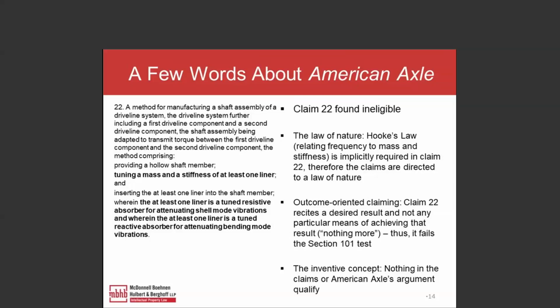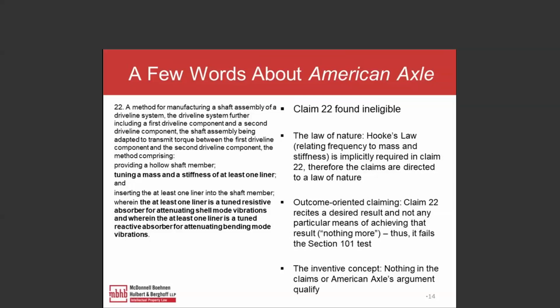Now, to be fair, American Axle is actually a 2019 case. It was decided in a panel decision published in 2019. American Axle, the patentee, which lost and its claims were found to be ineligible, requested rehearing of the panel decision, and it also requested rehearing en banc. Rehearing of the panel decision was granted, and the panel actually came out with a revised decision, and